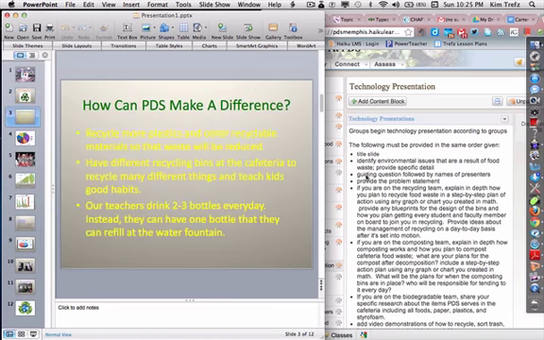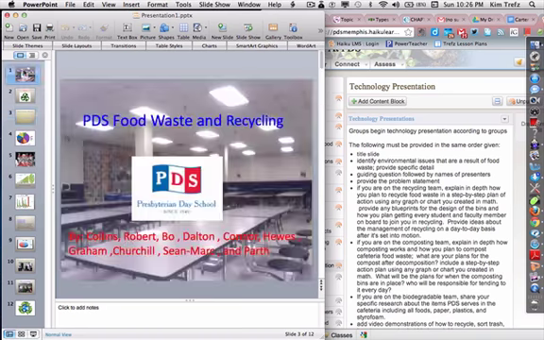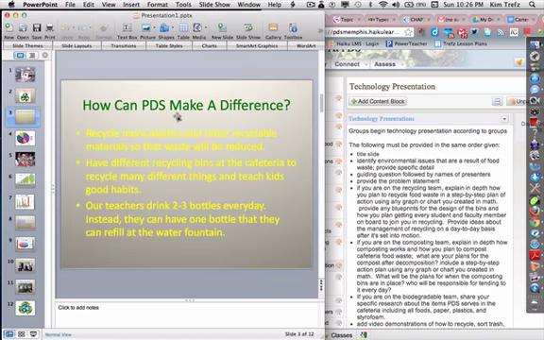The next slide is supposed to contain your guiding question, followed by the names of the presenters. So you added the names of the presenters on your title slide, which I can accept, but you need our guiding question, and this is just you saying how can we make a difference. This does not specifically contain the words of our guiding question, which is on our wall. It's on your packet where you collected all of your data and where you wrote your questions that you researched to find answers to back at the beginning of this project.